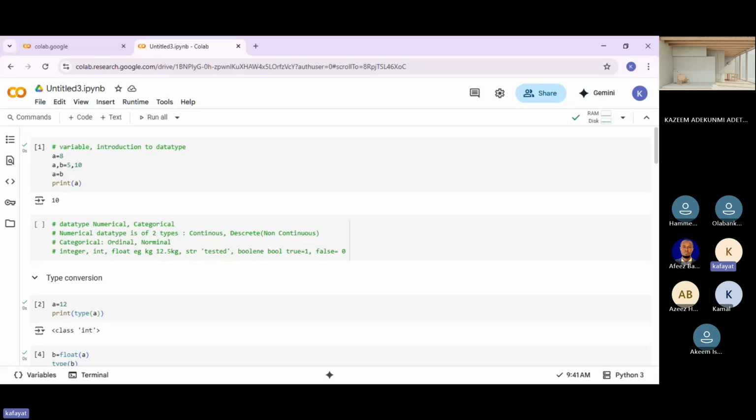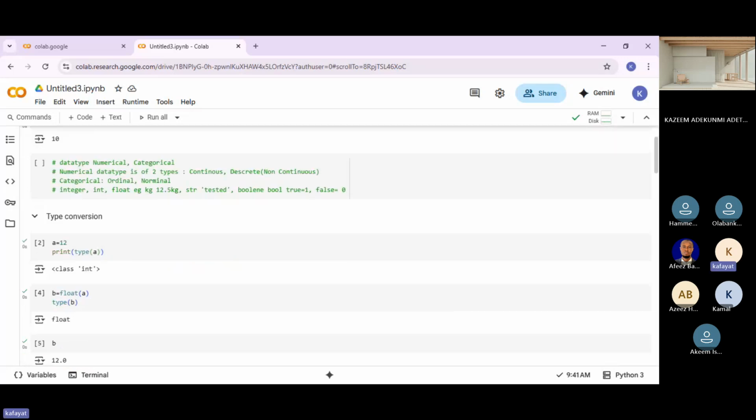Continuous is data with a floating point number, an example of which is float. We use this when initiating measures, for instance kilogram, height, length, distance, and all the rest.